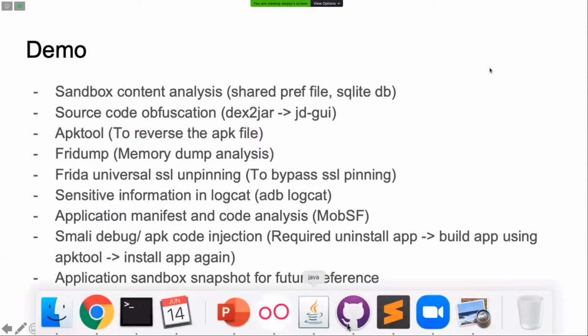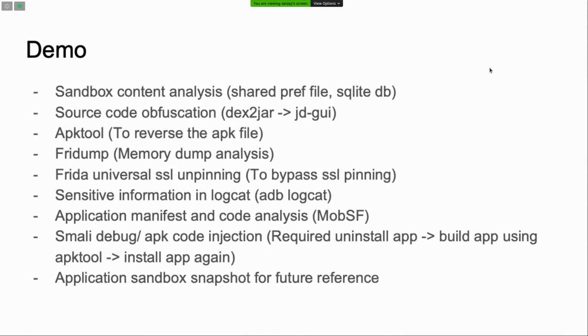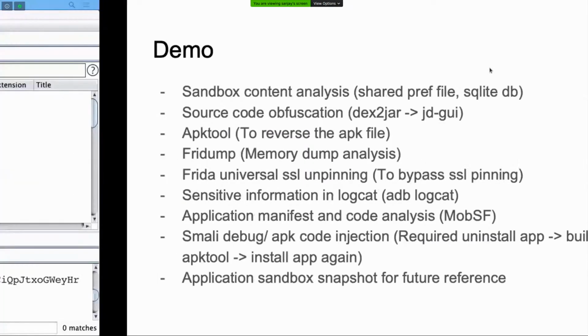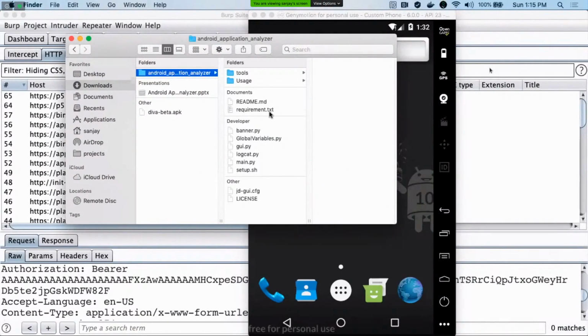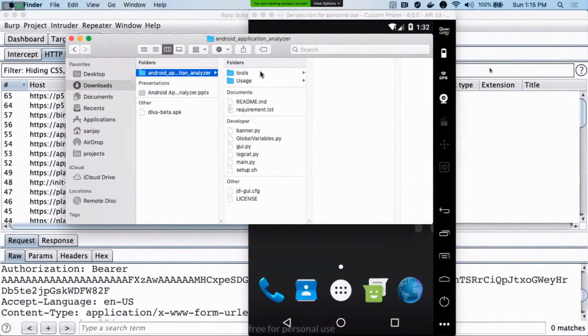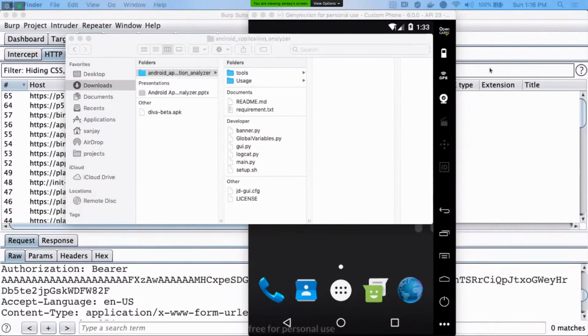So let's see the demo for the tool. You can see over here, I have just copied the tool from the GitHub repo. You can also download it from this location.